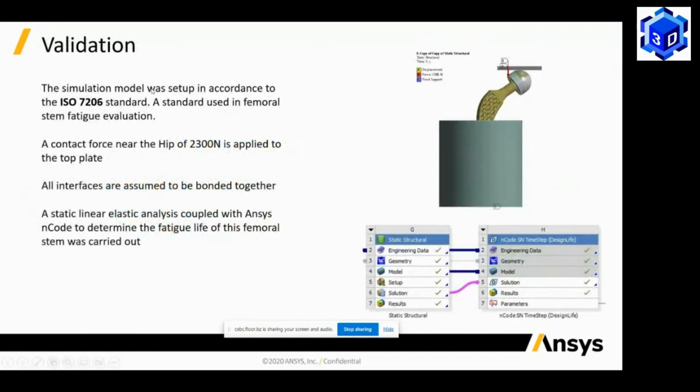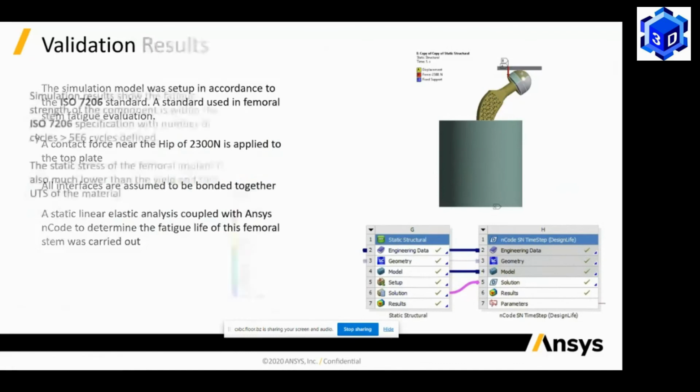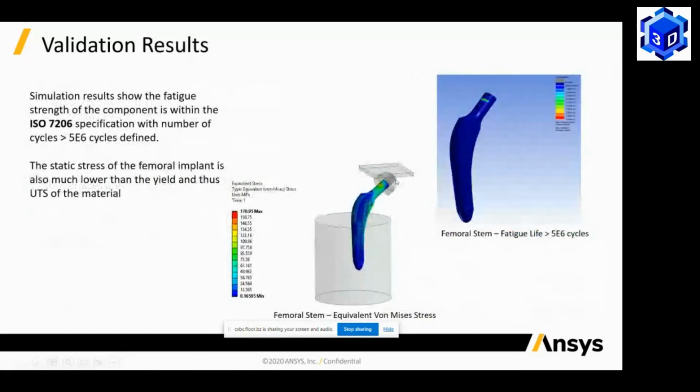This validation is done based on the ISO 7206 standard. We have applied a contact force near the hip of 2300 Newton by this plate, and we have given some contacts between this stem and the femoral bone, and we have done the FE analysis to understand the fatigue life of this femoral stem. All this validation is done based on the ISO 7206 standard, and based on that, we have seen the stresses,